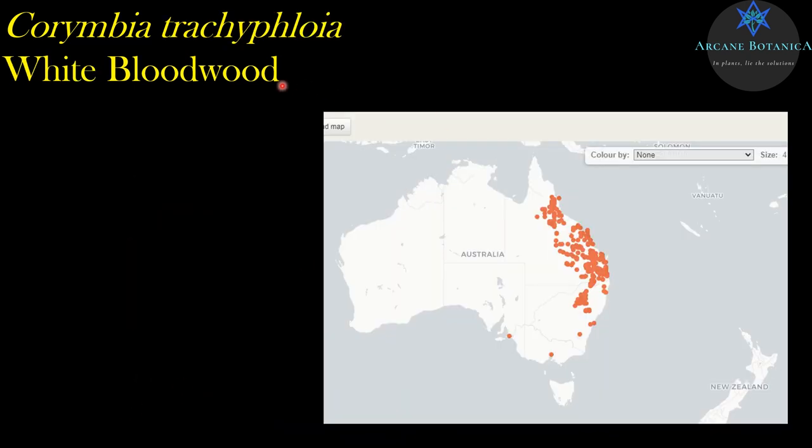So I'm nearly done. I really wanted to profile this one, and you can imagine I can't find my photos, but this is Corymbia trachyphloia. It's a plant I've seen a lot of in these inland parts of New South Wales. Again, I would ignore these records here. That's probably a tree planted in the Adelaide Botanic Gardens, and that's the Melbourne Botanic Gardens, and that's the Canberra Botanic Gardens, and that's the Sydney Botanic Gardens. Probably documenting a planted tree, but this is where you find it in New South Wales.